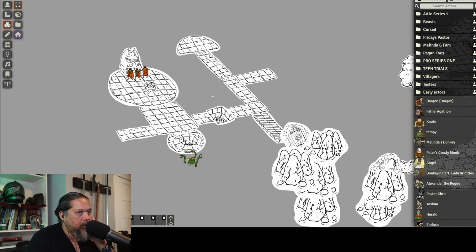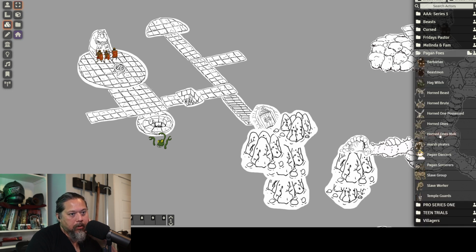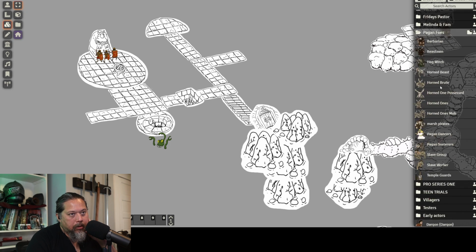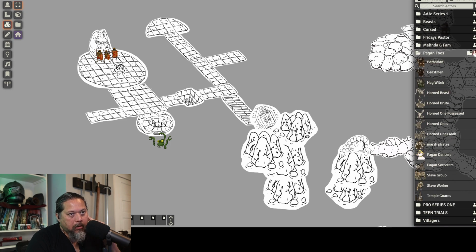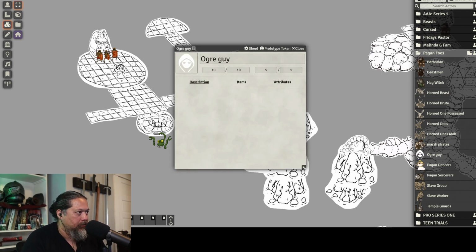The main villains are always going to be humans, though. Humans that turn themselves into something else. Do I have a giant in here? Where's my giant? I haven't made one, let me make a giant or ogre guy. Maybe an ogre guy lives there. I don't think an ogre guy would live there, but